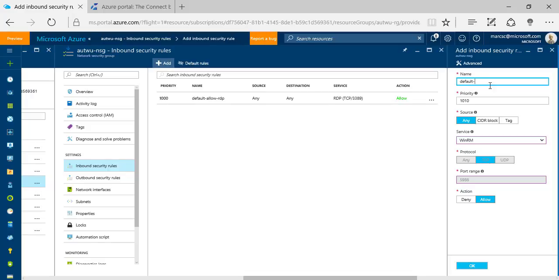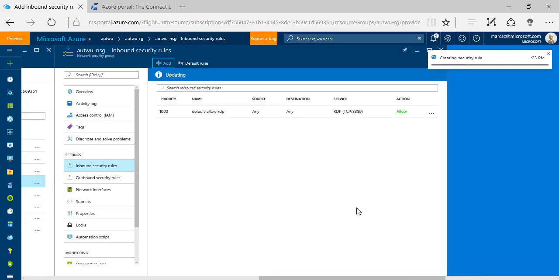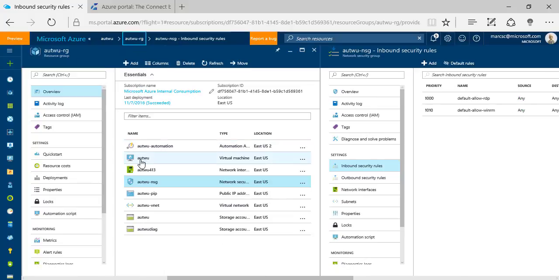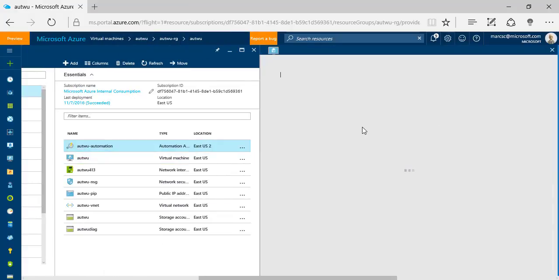Allow WinRM. All right, and we can see now that I'm allowing WinRM over TCP 5986, which is the default port for WinRM. All right, so now if we go to Azure Automation,